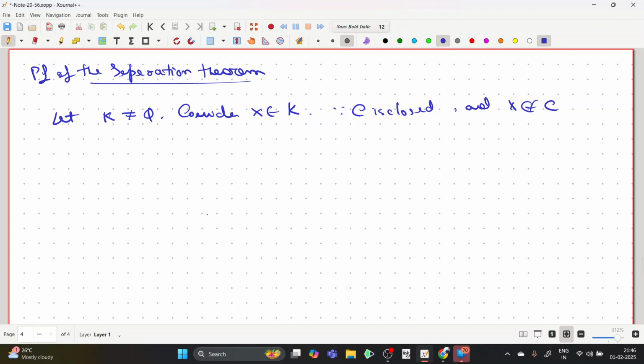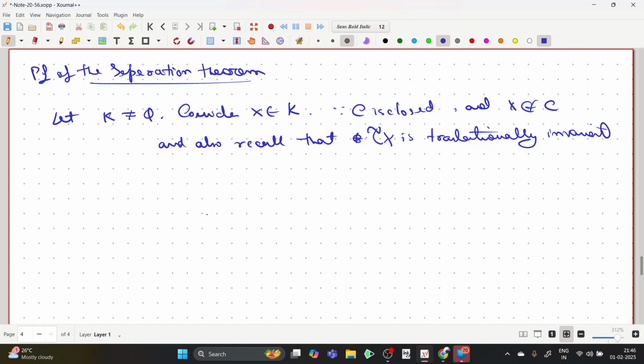Right, but from here I can say okay, I think I'm getting it. Right. So also recall, for completeness, that the topology on X is translationally invariant. Fine. Then by our previous proposition,